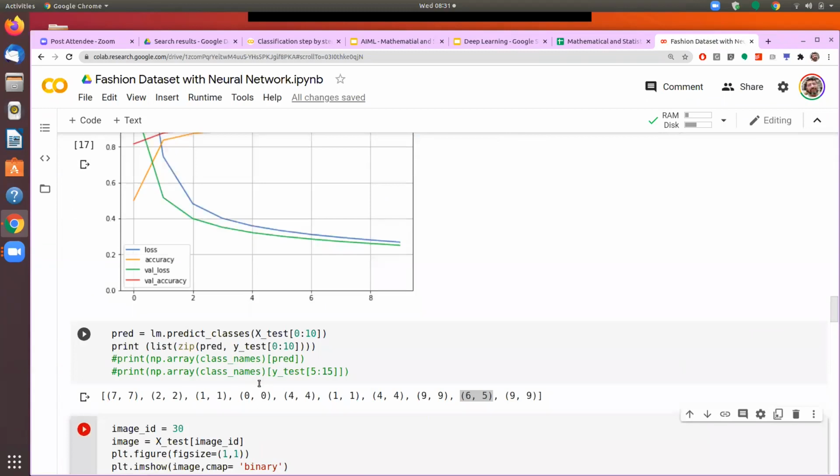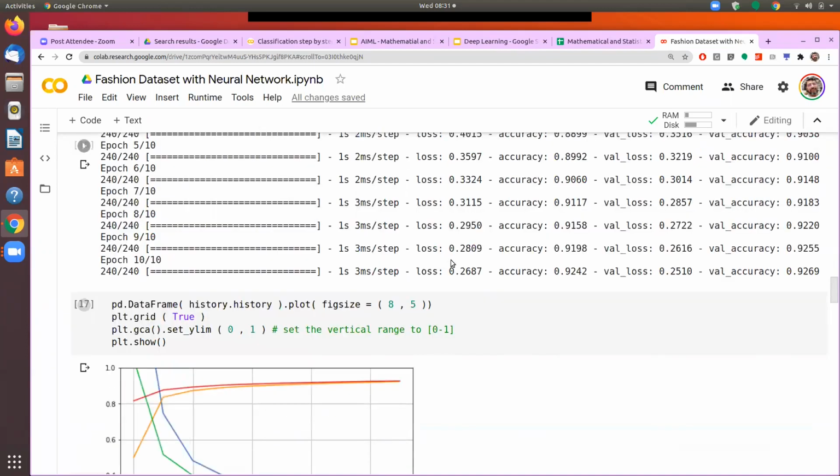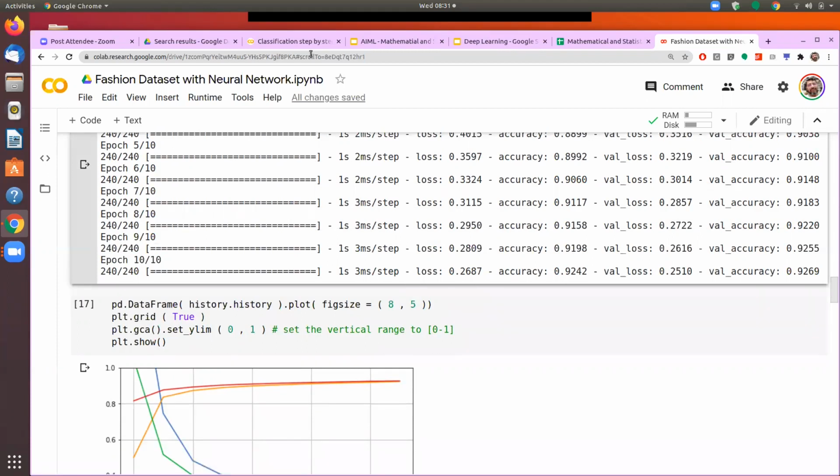Okay, so this is how we define the neural network. The process here is that first we need to define, then we compile, and then we do the fit and predict. So if you see here, we got the accuracy of 92% with this model, which is more or less the same as what we had got in